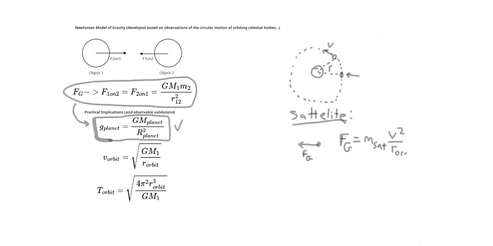That radius is just the distance between the center of the two objects, i.e. the distance from the center of the satellite to the center of the planet or moon or whatever it is that it's orbiting. All right, so that's the effect side. This is the effect side in Newton's second law. This is the cause side,